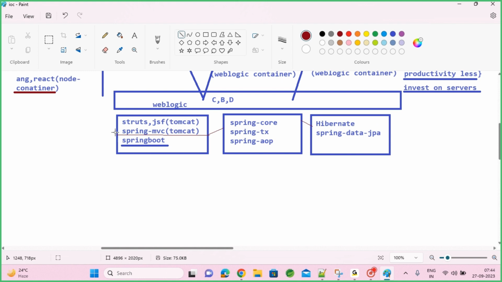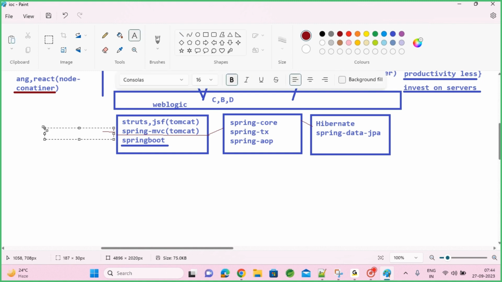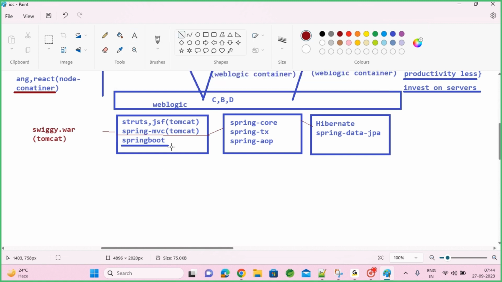Your application finally will be delivered as a war file. Let's say if you implement swiggy.war, the web archive file you need to create, and you should deploy it into the Tomcat server. Tomcat is your container. When you go with the Spring Boot combination,